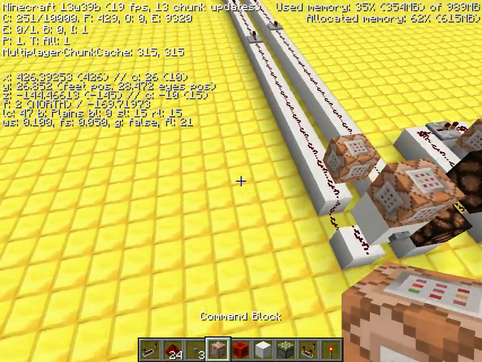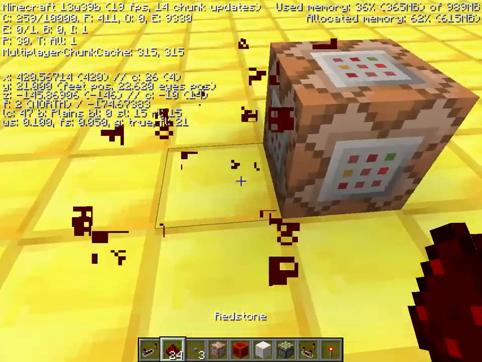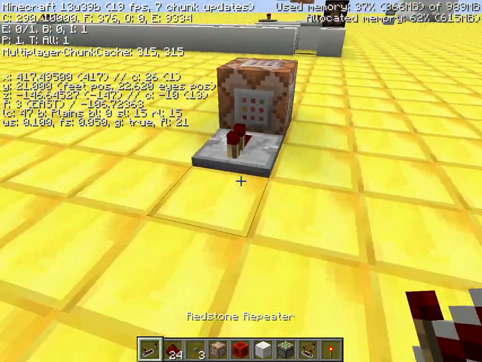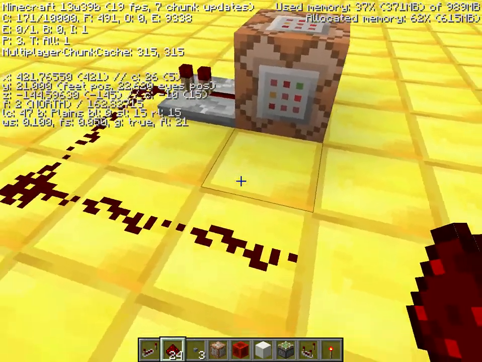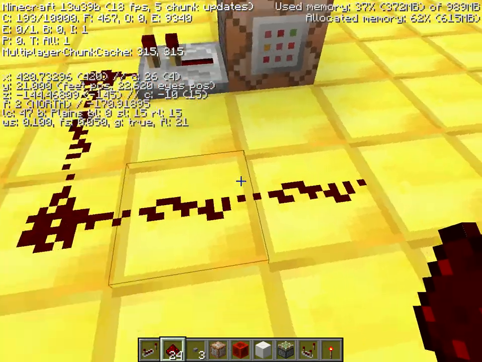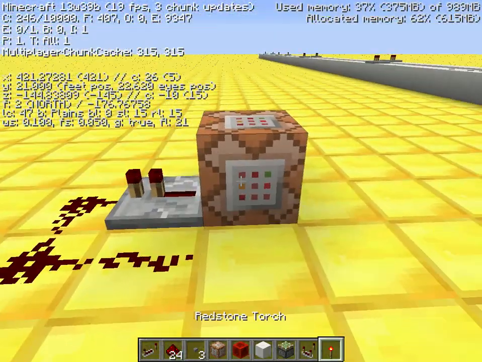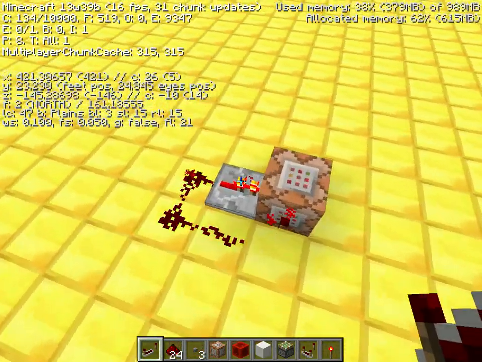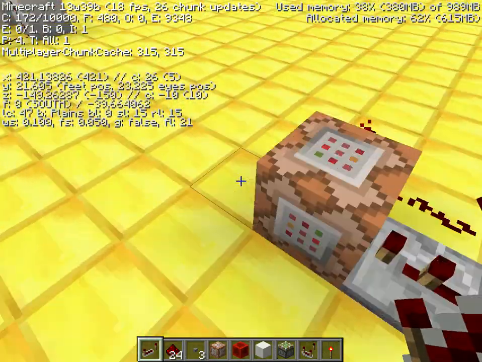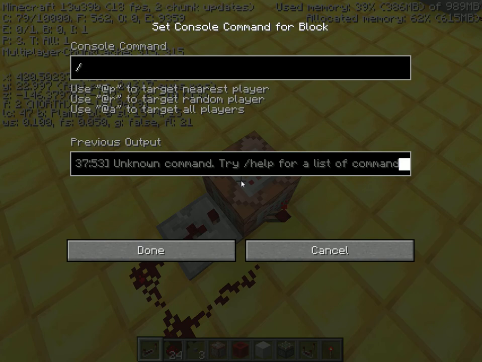So the old method that was used for wireless redstone signal originally, people started using in 1.5, and basically it was a signal like this, and then it was this, and then you do that, and then there's a clock like that that went like this, and then you type slash scoreboard